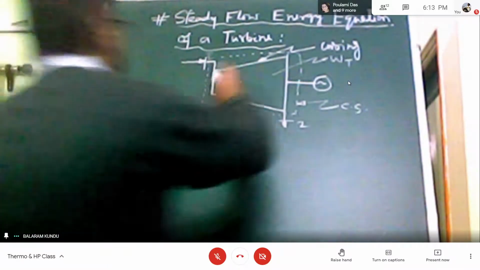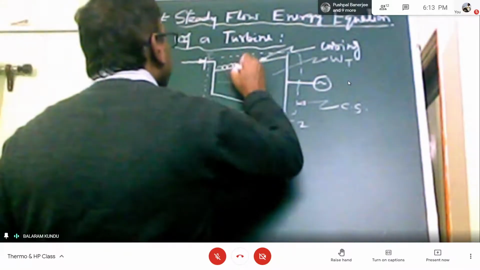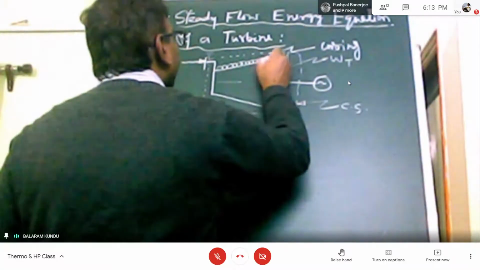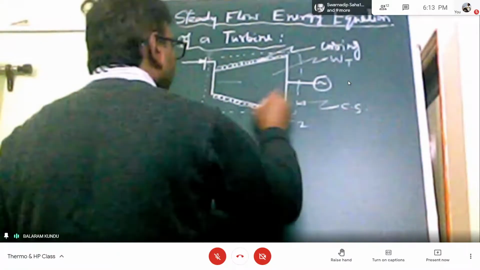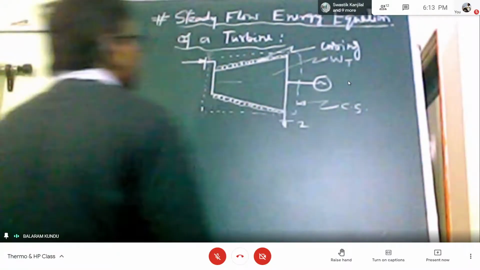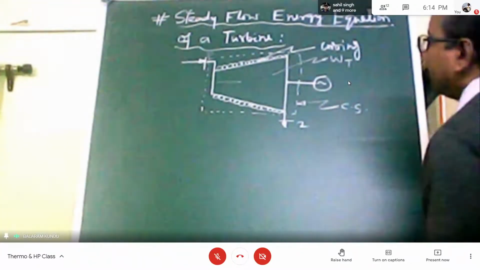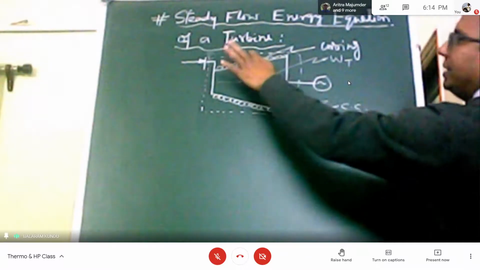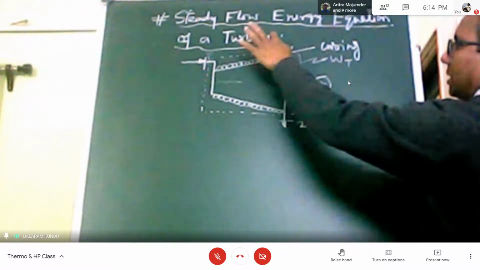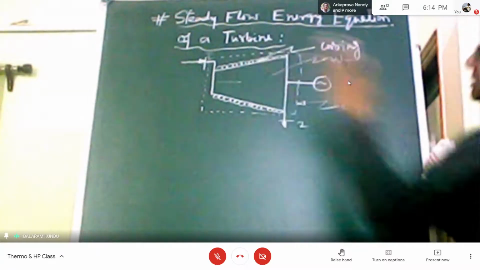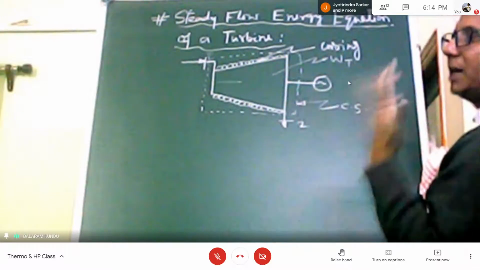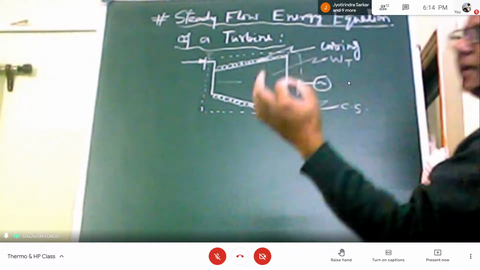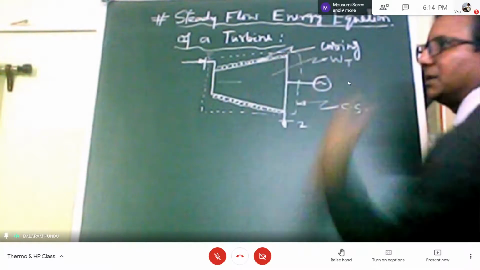So that means you can consider insulation on the casing of the turbine, so that there will be no heat exchange between the turbine and the surroundings. This insulating material is attached to the casing, so that there is no heat exchange between the turbine and surroundings. If heat exchange takes place, obviously the development of turbine power will be reduced. To minimize that, this insulation can be made.